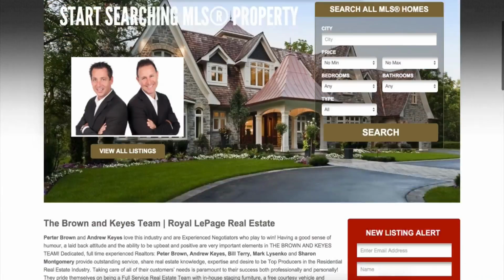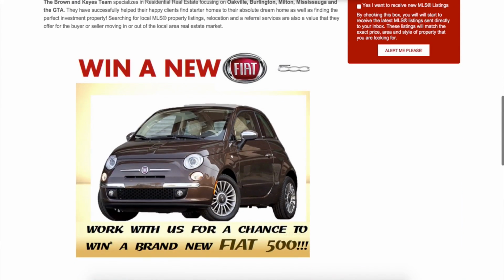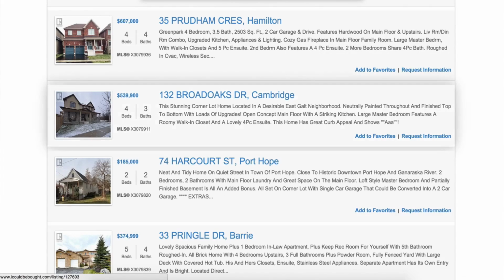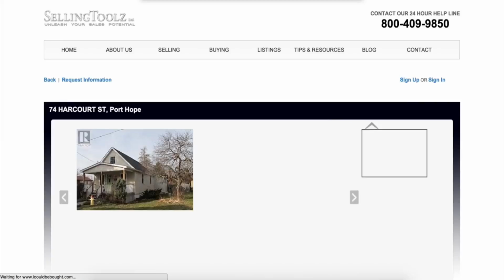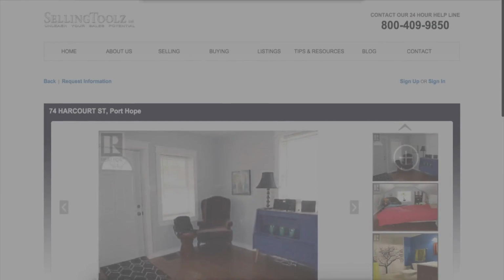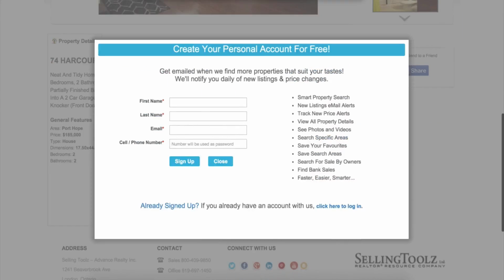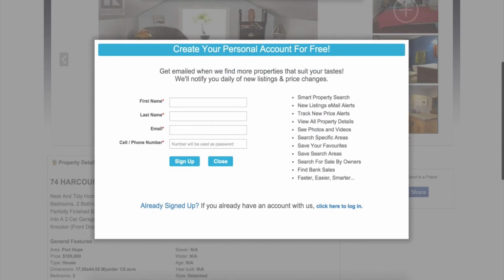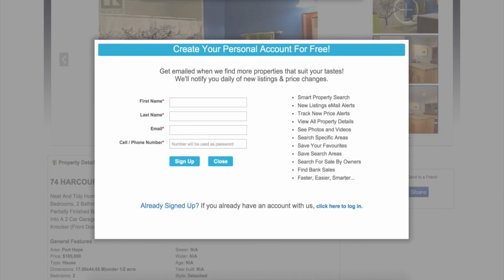Brown and Keys team's website. I was adding an image here for them on the center of their site for winning a car for working with them. Now, if they go and sign in on the site directly, this is what they're going to see as a pop-up. Now, that is really cool. Now, if a person signs up on Gold Rush, they're going to get here, and they're already going to get in without the pop-up. But the pop-up, now, if a person comes directly to your branded web page,